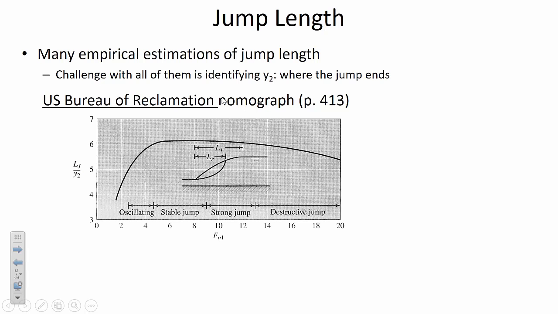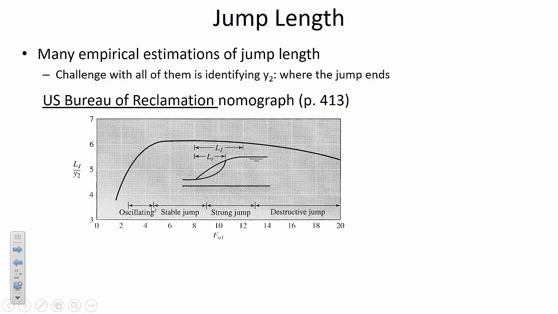There are a number of empirical approaches that have been used to estimate the length of a hydraulic jump, and our book presents 3 of them. One of the ideas is that the Bureau of Reclamation, which is kind of equivalent to the Army Corps of Engineers out west, in the western United States, it's generally the Bureau of Reclamation that operates dams and irrigation and so on. They've got a lot of expertise related to hydraulic design, the same way that the Corps of Engineers does. They have published a nomograph that if you know the Froude number before the jump, then that allows you